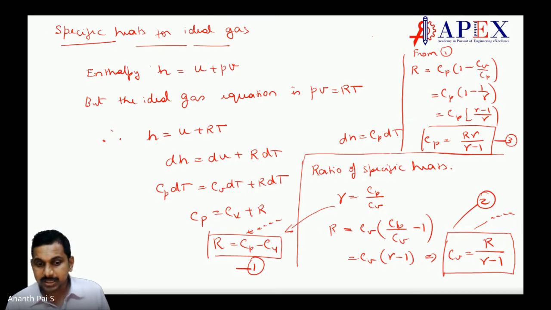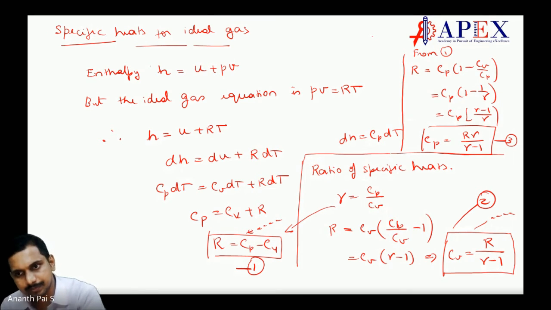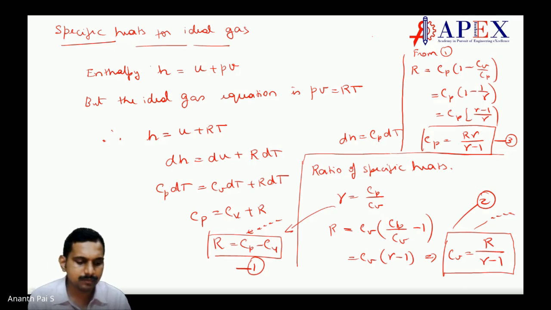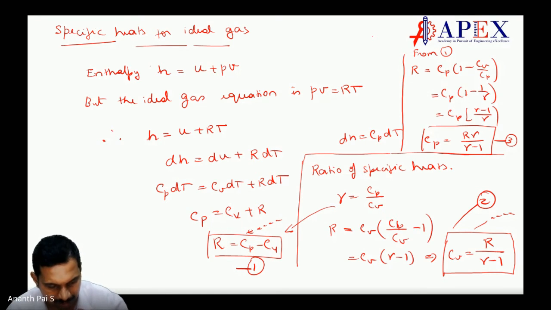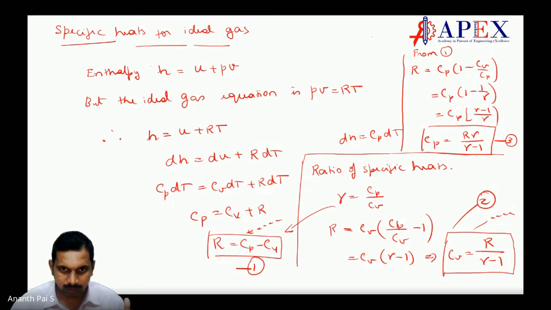Now let us understand for air how it happens. What is Cp, Cv for air, and how do we get R for air? This is very, very important. I know it is basics, that's why I'm going a bit fast. If you think I'm fast, please stop me. Ask me questions. One of the ways to slow down a teacher is to ask questions.